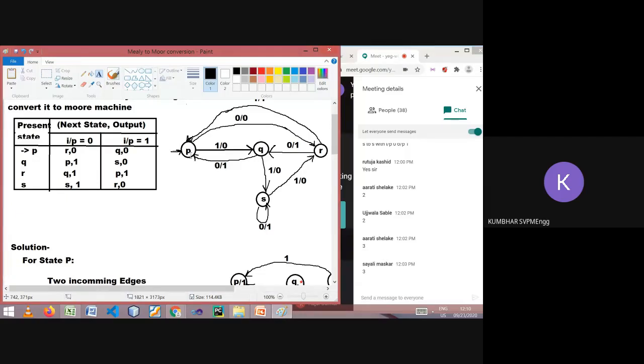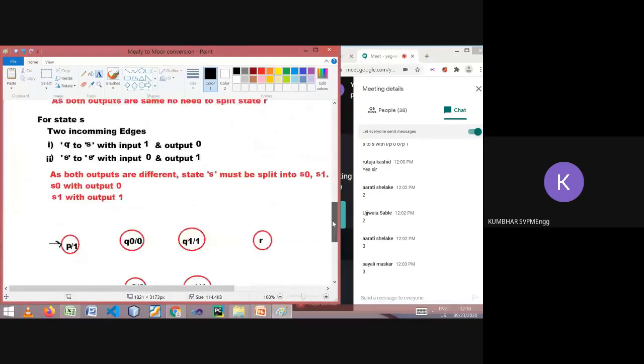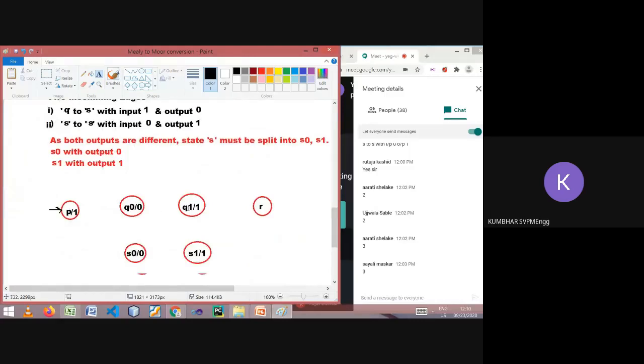So we have to show an incoming edge from both Q0 and Q1 to P, because Q0 and Q1 are generated from a single state Q. I repeat, as there is a transition from Q to P, I have to show the transition from both Q0 and Q1. Remember well, because these two are originated from a single state Q.